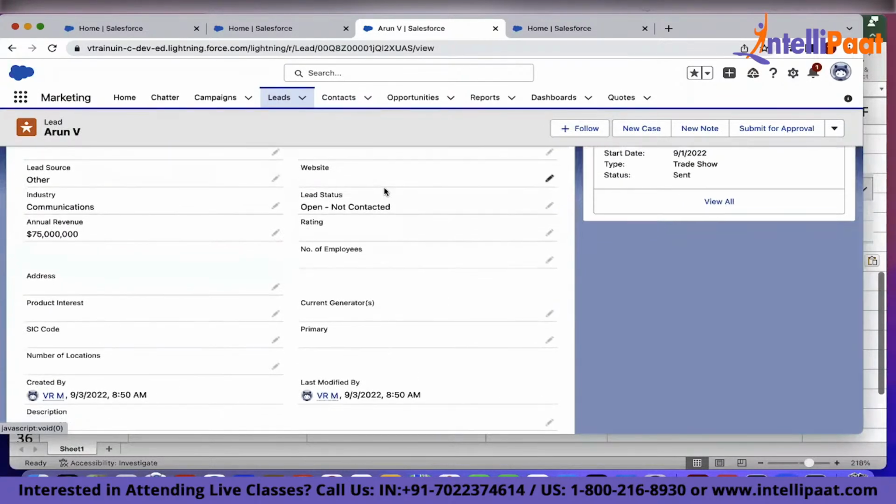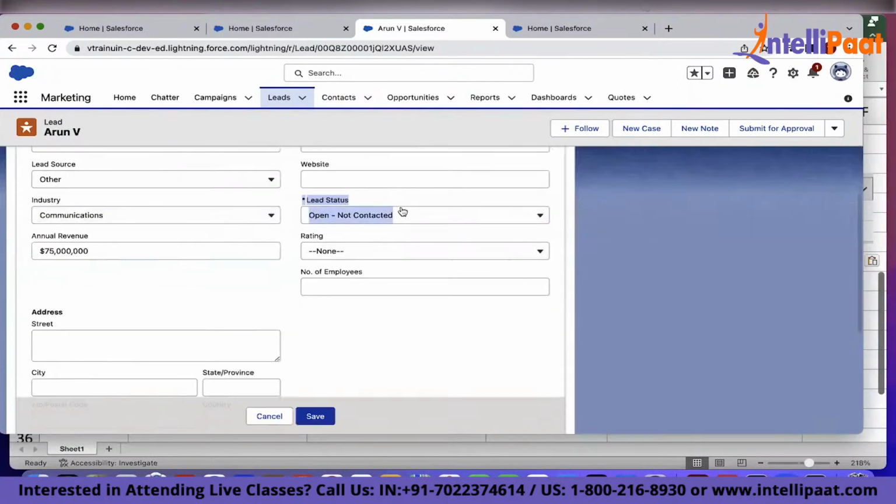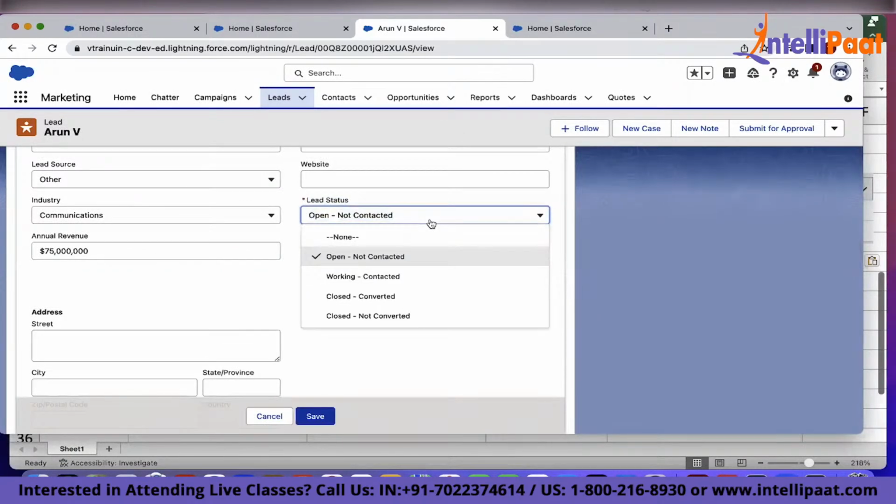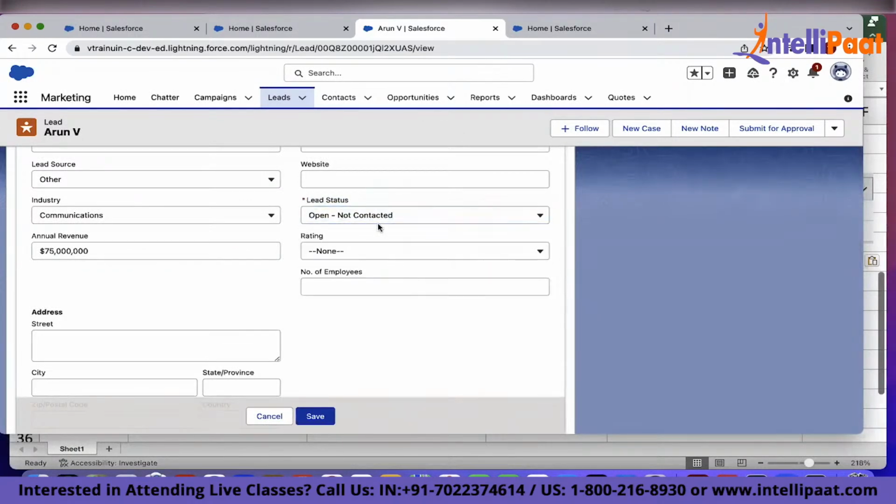Here you see lead status is there. So they'll call up Arun and say, hey Arun, you have expressed your interest in this particular HPDJ 3775 model printer. Would you like to see a demo of that particular printer? Then Arun might give a reply saying that,